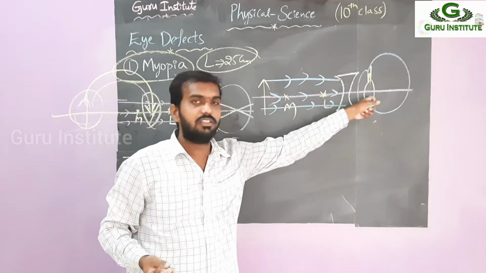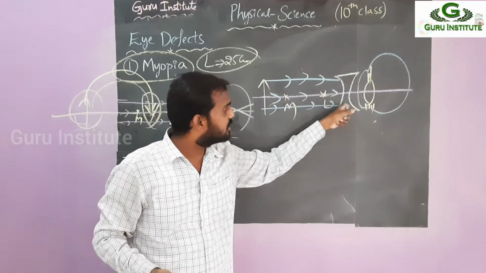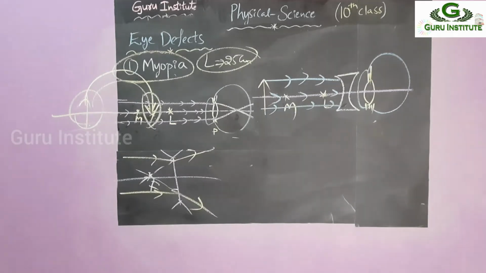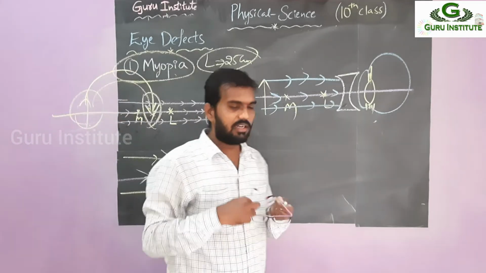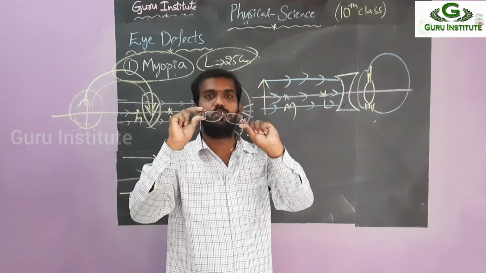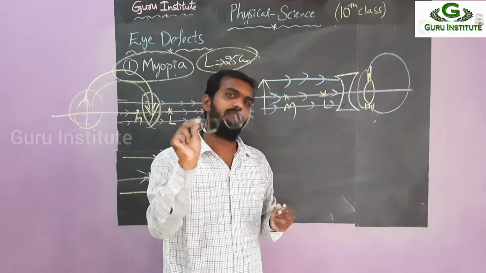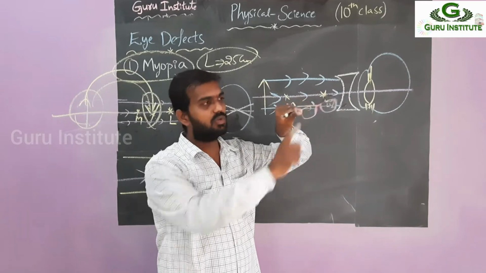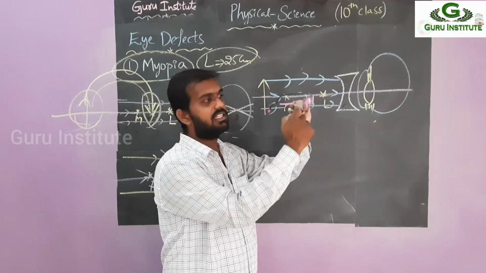Right. Then which lens is there here? This is our original eye, right? This is used for our correction as a spectacle. So already you know the glasses, right? So glasses are like this. Both the glasses are like this only. For myopia defect and hypermetropia, we have to use this one. So this is also one of the lenses. Two sides open. The ray is entering like this.